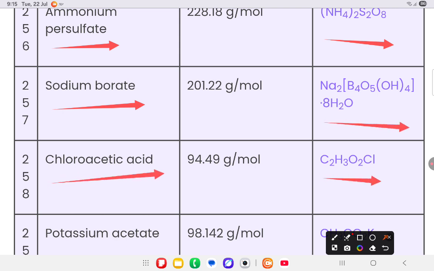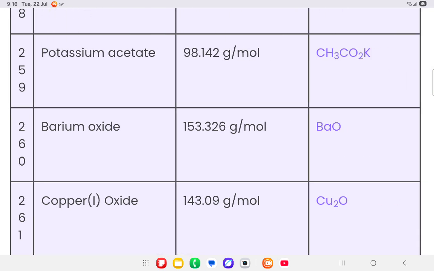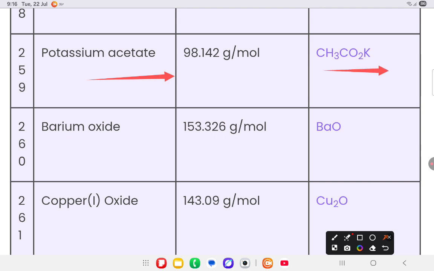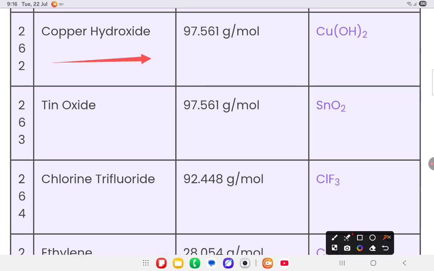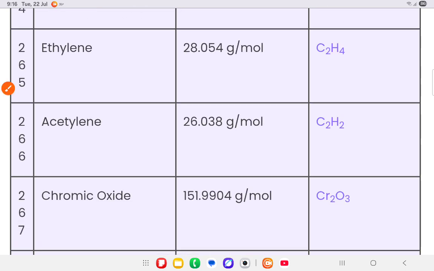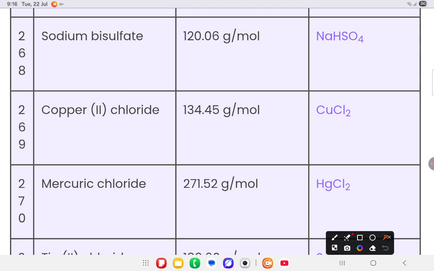chloroacetic acid C2H3O2Cl, potassium acetate that is CH3COOK, barium oxide that is BaO, copper 2 oxide that is CuO, copper hydroxide that is Cu(OH)2, tin oxide that is SnO2, chlorine trifluoride that is ClF3, ethylene that is C2H4, acetylene that is C2H2, chromic oxide Cr2O3, sodium bisulfate that is NaHSO4, copper 2 chloride CuCl2, mercury chloride,